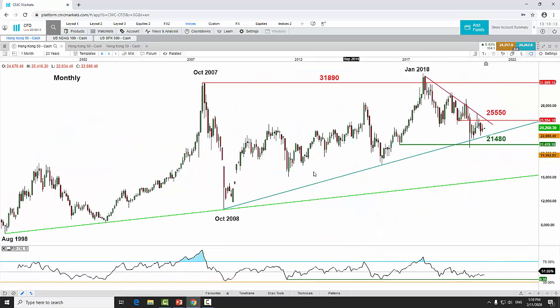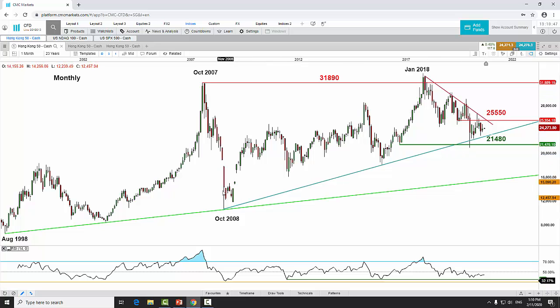So Hang Seng on the monthly chart, we could start to see that it has underperformed against the SPX and the Nasdaq 100. It continued to shape a series of lower highs after a failed bullish breakout in Jan 2018 to break above the previous all-time high seen prior to the great financial crisis in October 2007 at this 31890 level. But what's so interesting about it is that it continues to hold above this major long-term